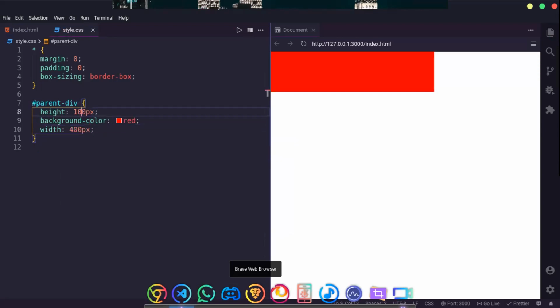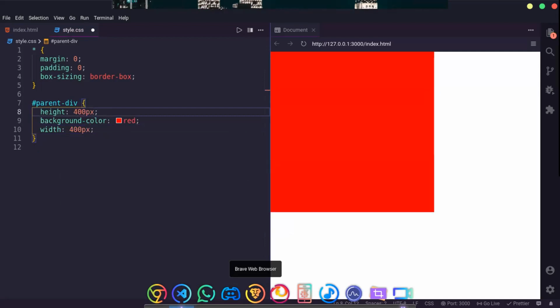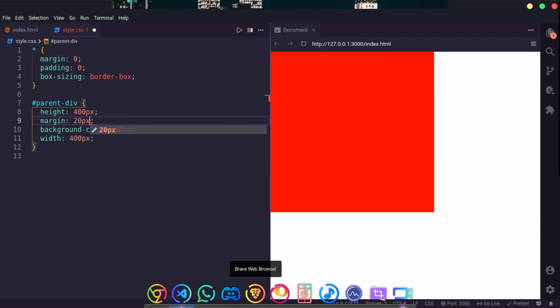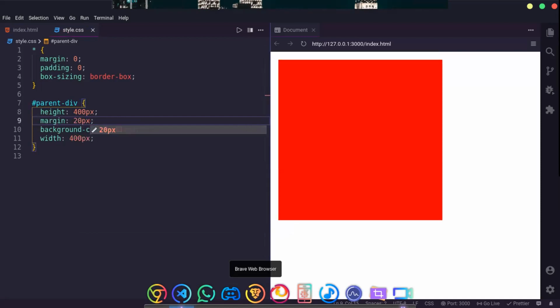Okay, let me keep this. Let me give it a little bit of margin. Okay, so I have a simple div and there are nested divs, but currently we are not able to see that. Let me add styling to them.